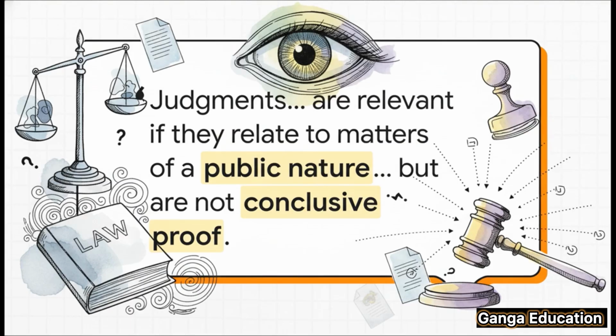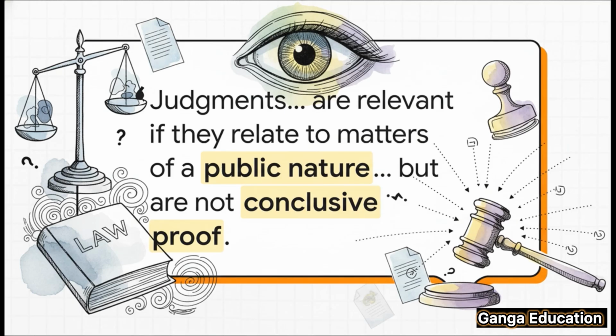The section says that judgments are relevant, but only if they relate to matters of a public nature. And here's the really crucial part, the part you must remember. It says, but such judgments are not conclusive proof. So what does that actually mean? It means, yes, a court can look at that previous judgment, but it's not the end of the story. It isn't the final word. The court still has to look at all the facts and evidence in the current case and make its own